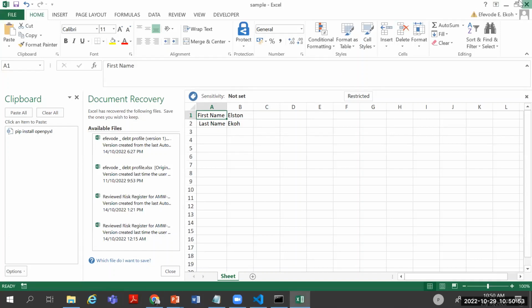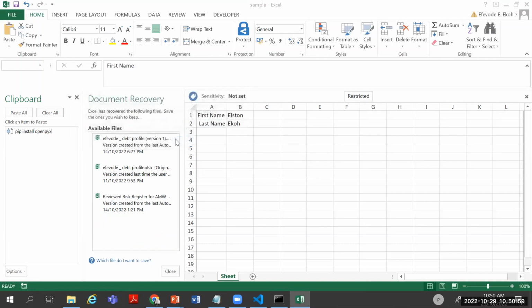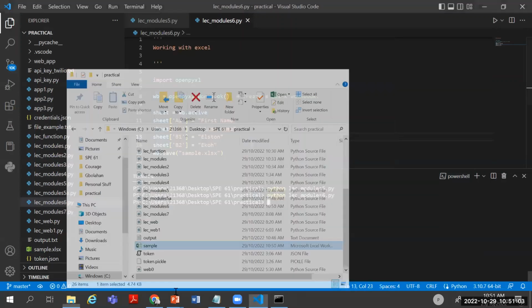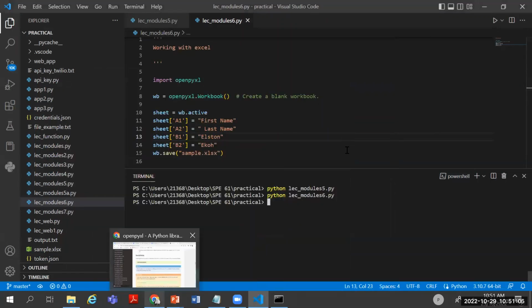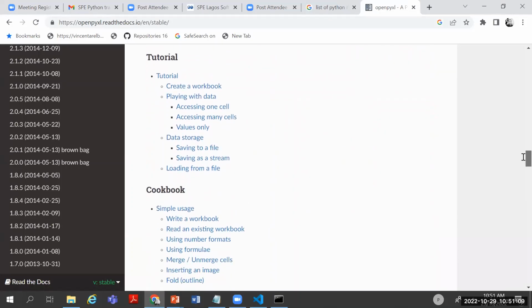So as not to burn our time, I will leave you to tinker with it. Just tinker with the commands that are there. It has very rich documentation. It tells you how to